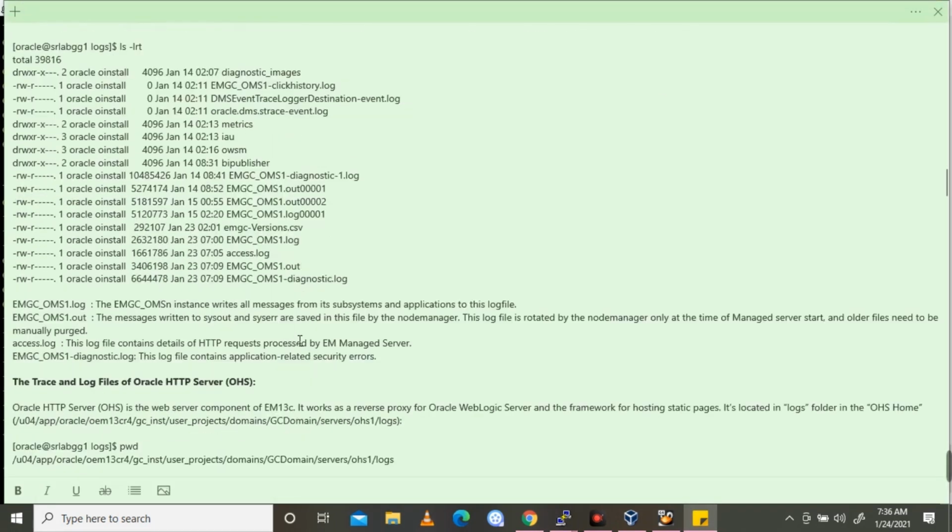Next one is emgc underscore oms1.out log. The messages written to sysout and syserror are saved in this file by the node manager.